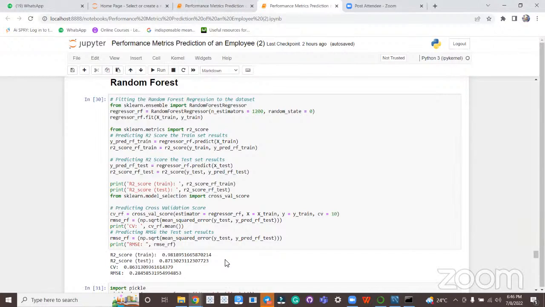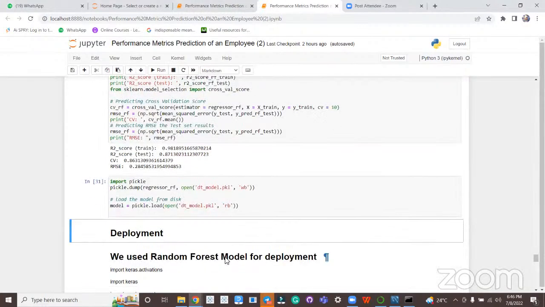After all the different models that we have tried in experimentation, once we have chosen, we had to save the model. To save the model, we have used Pickle, and the demonstration that you are seeing here is for your saved model.